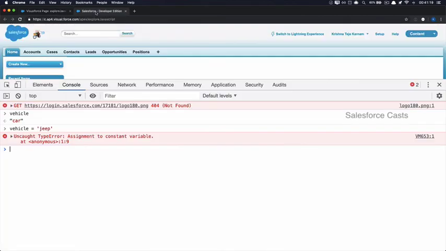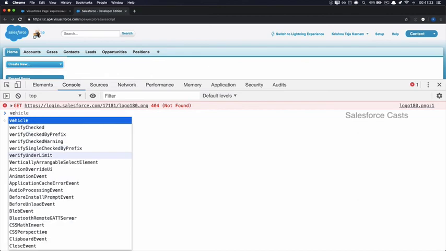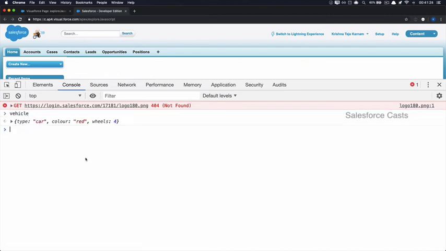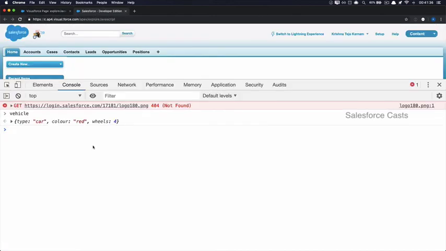Now back here, when I try to get the value of const vehicle, this is going to be an object. Just because I have defined this object using const, I cannot assign a new value to this const vehicle, but I can change the values of these keys, something like this, which is vehicle.type.